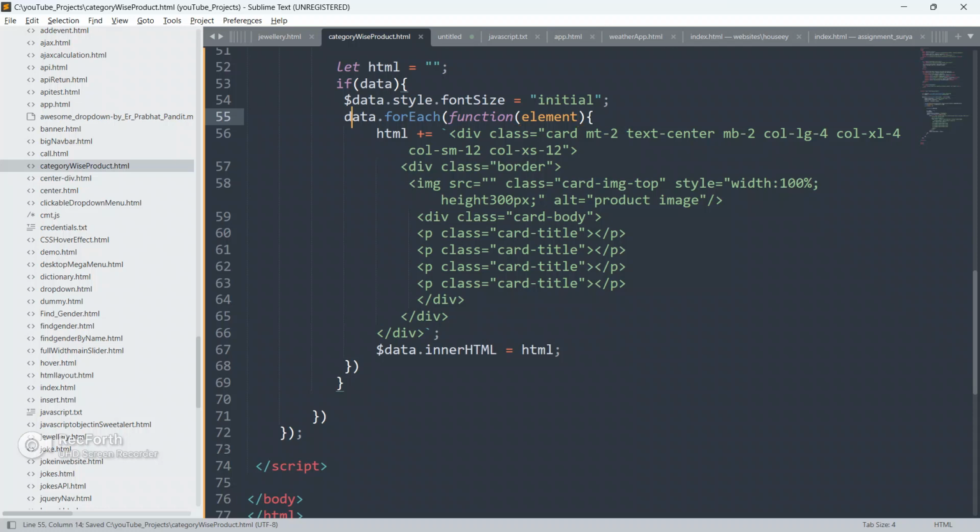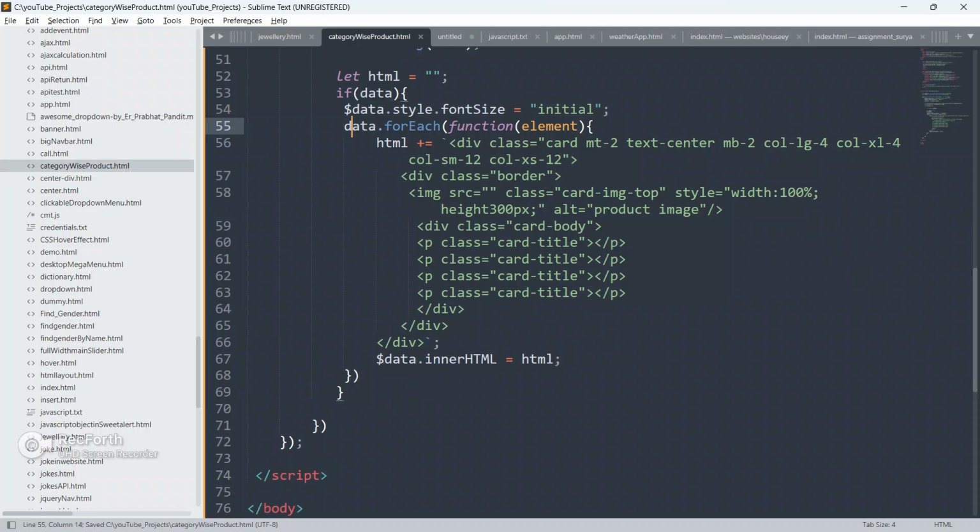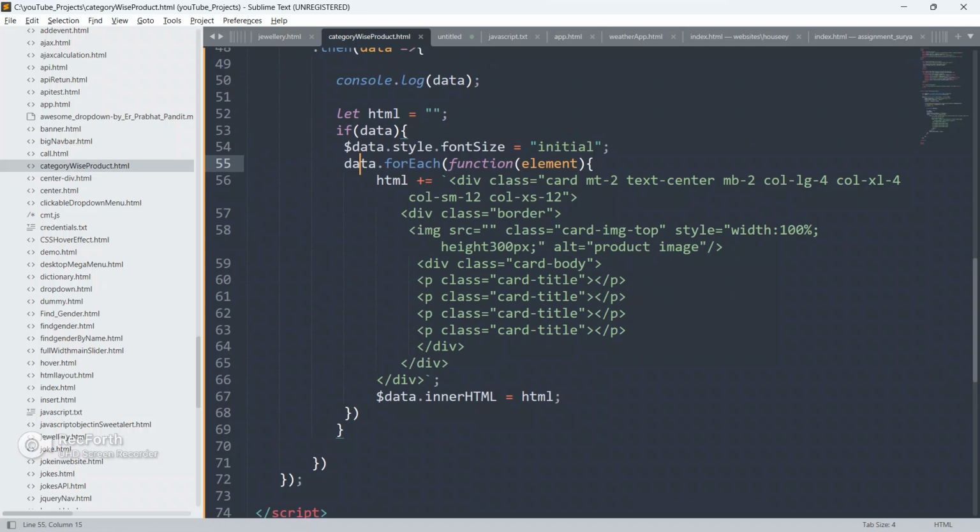Remember, this data is an array of objects, so each object's value is stored inside this element. We are going to extract element or object values or properties using this element one by one. So just pay attention here.